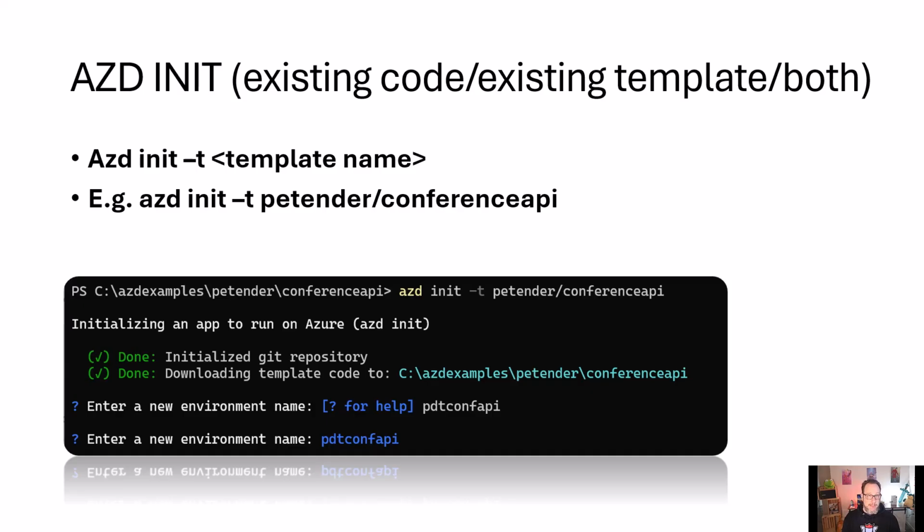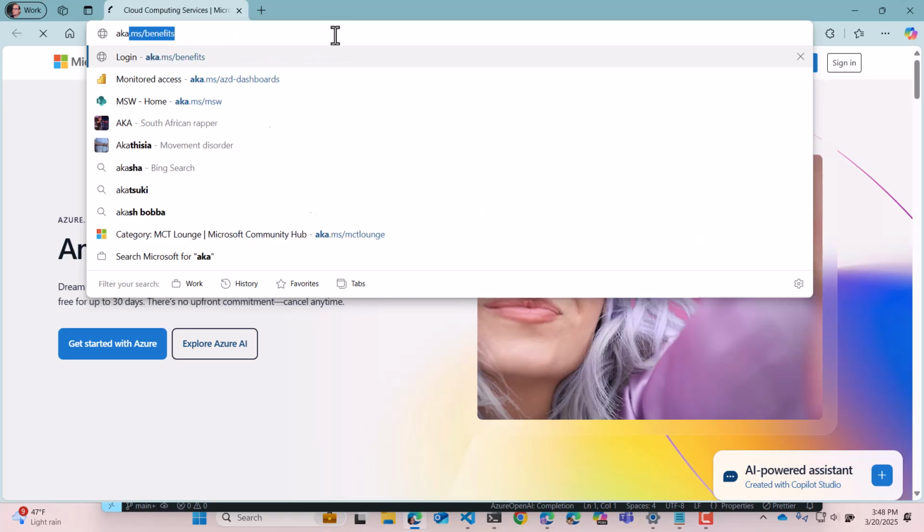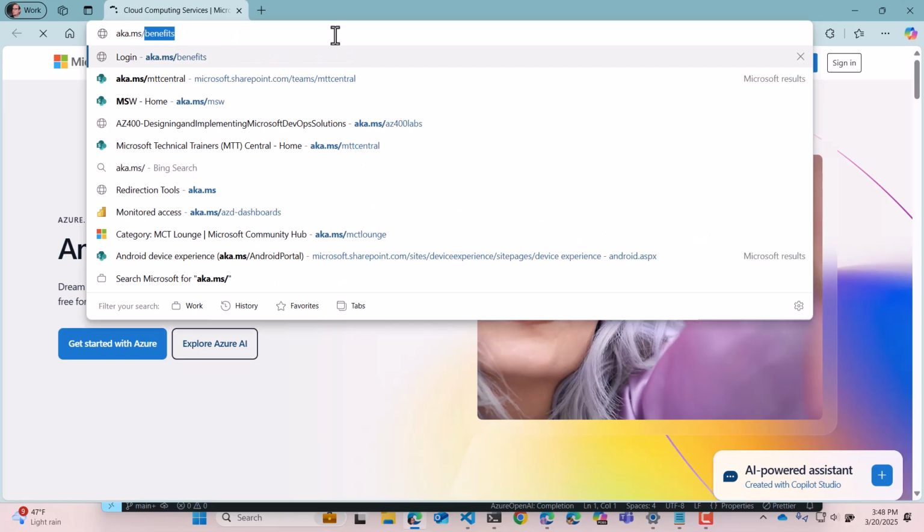You run azd init -t with the name of the scenario, like in my example here, PE Tender Conference API, which spins up a web API example that you could use for testing minimal APIs, testing REST API calls, and why not even integrating with API Management in Azure, for example. Now, instead of talking about it, I'm just going to show you how easy it is to actually get started. So with this last example, you can go to aka.ms/trainer-demo-deploy,